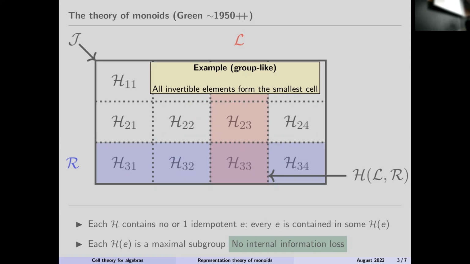And for groups, it's just true. For groups, we have group. That group, then it's one block of information. We just have one single cell, the whole group sits, which is a left cell, a right cell, a J cell, and an H cell,